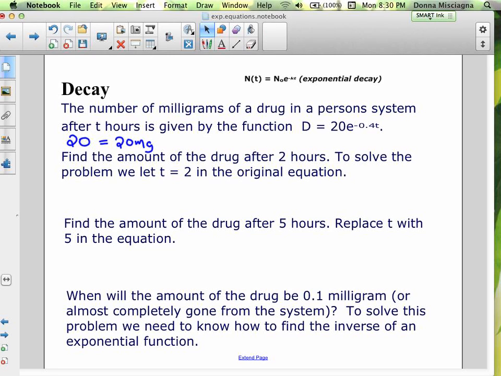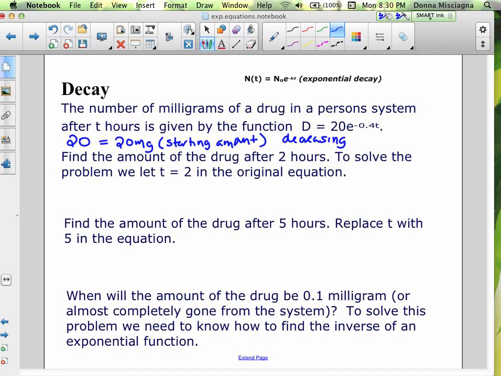That's our starting amount. I don't know if it's an injection or a pill, but it has 20 milligrams of this particular medication. The negative 0.4 means that it is decreasing,